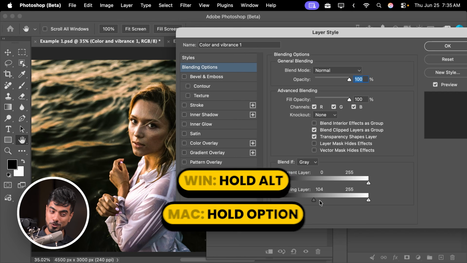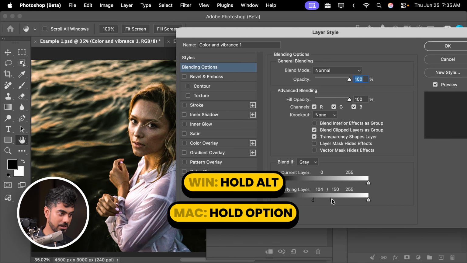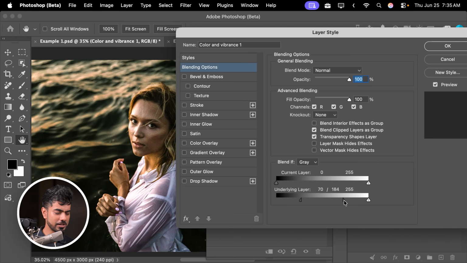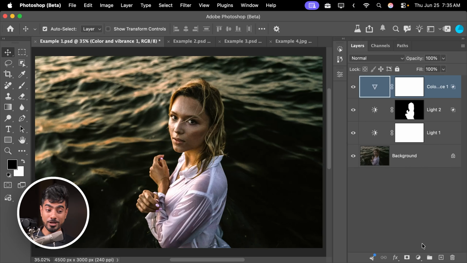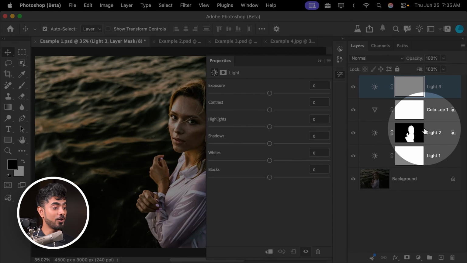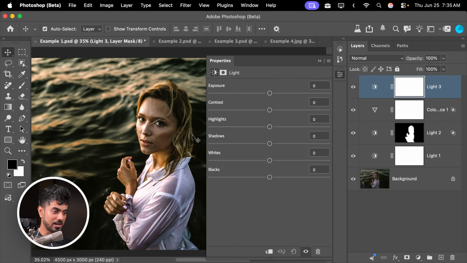Obviously this is harsh. Hold the Alt key or the Option key, click on the slider to break it apart and make adjustments according to your taste. Hit OK. And even after you do all that, you can add one more light adjustment layer on top of it. Add as many as you like. And then you can adjust possibly the highlights. It's getting too much. Maybe play with the exposure a little bit